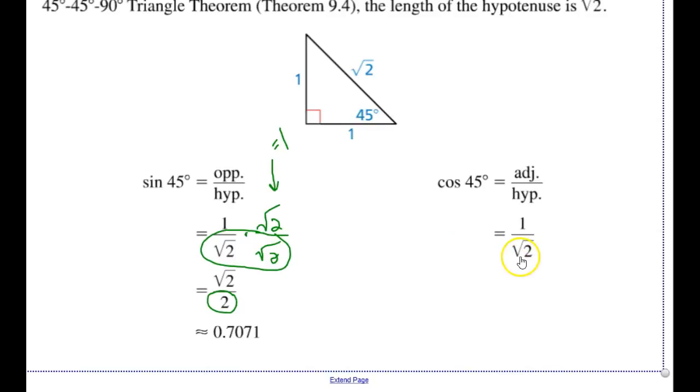I substitute what I know. Again, I see I have a radical in the denominator, so I multiply by the square root of 2 over the square root of 2, and I end up with square root of 2 over 2, and again I can simplify. And one thing I would have noticed is that the sine of 45 and the cosine of 45 are